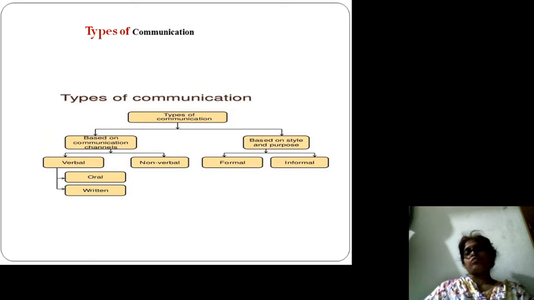Formal and informal communication. Formal communication is a kind of communication which is generally followed by business organizations, by entrepreneurs, or by companies, or the big corporate offices. Means any office, formal communication is required. Formally the things are taking place. Formally the ideas, information, and messages are sent from one company to another company, from one individual to another individual. So it is called